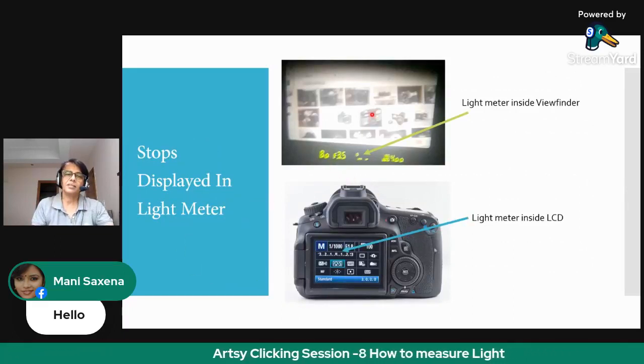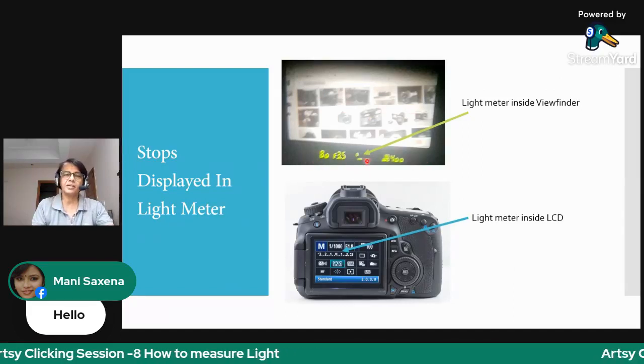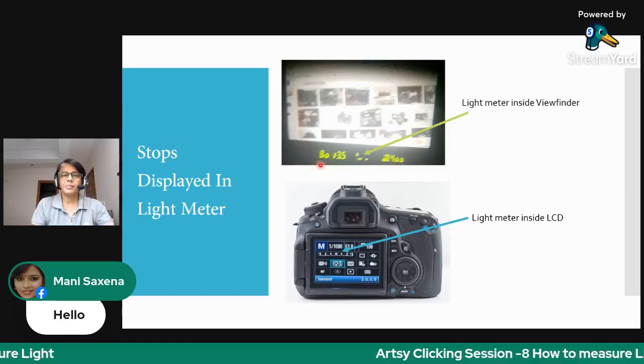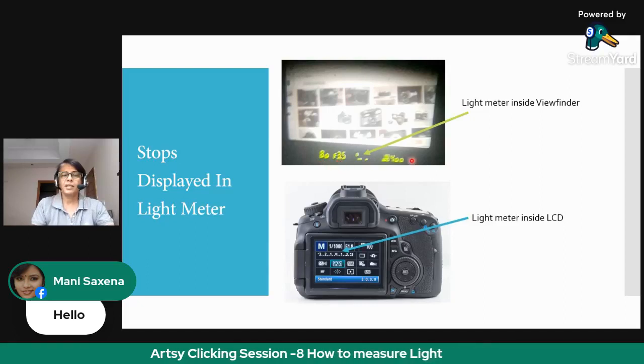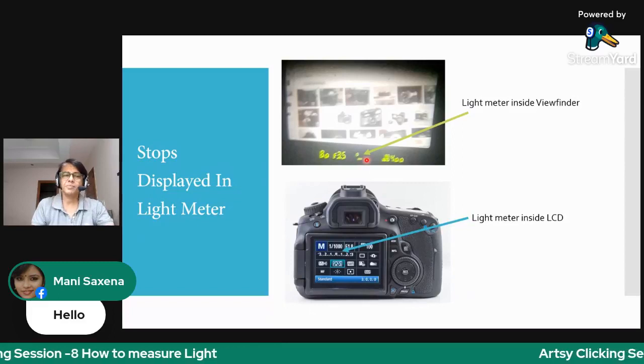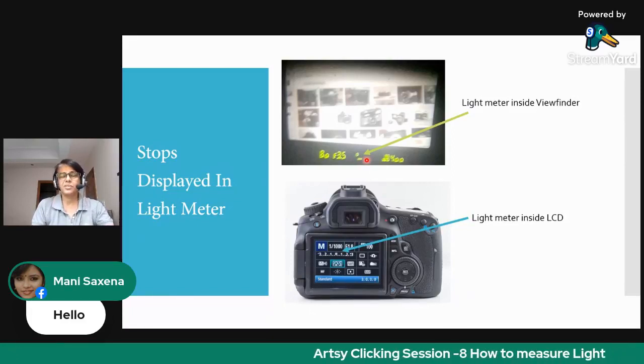Here, this is a viewfinder, and when you see through your viewfinder, you find some numbers written below. They represent your shutter speed, your aperture value, your ISO, and in the center you find the light meter, which is a scale from -3 to +3 or -2 to +2.